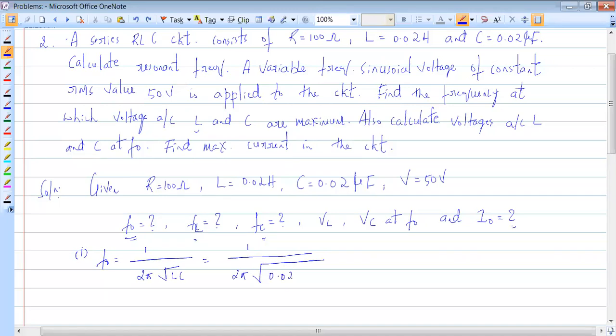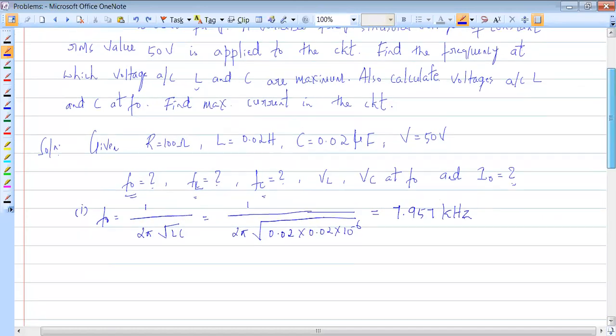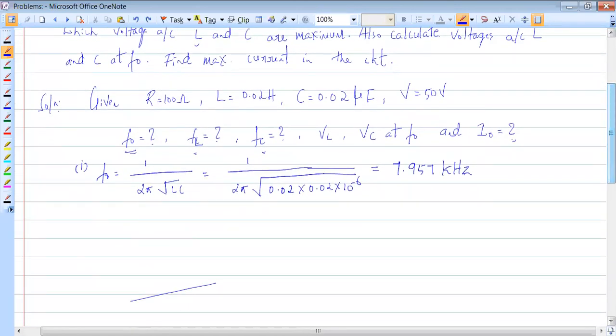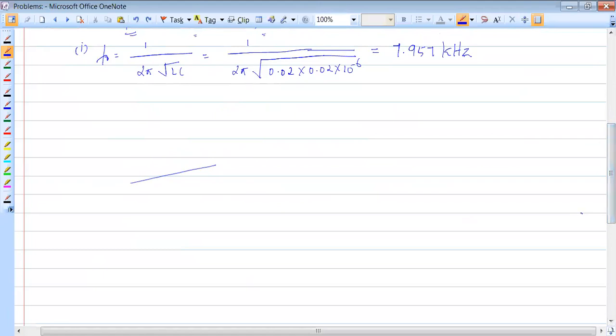So it's 0.02 into 0.02 micro. I'm giving you this value, you can just take it down. This is 7.957 kilohertz. Understand that one? Yeah. What is next? They have asked